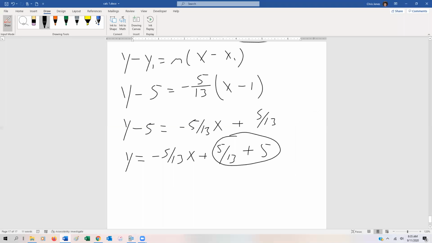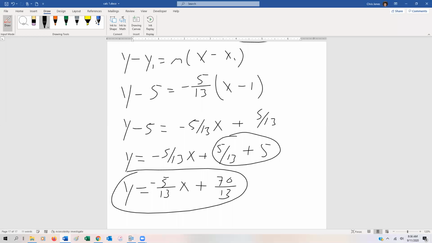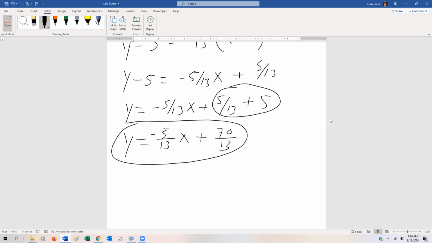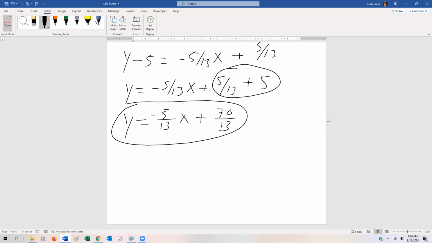So the equation of our tangent line finally is going to be y equals -5/13 x plus 70/13. Now, how do we know if this has any sort of validity? Well, we're going to go ahead and graph it. So let's go over to our grapher,